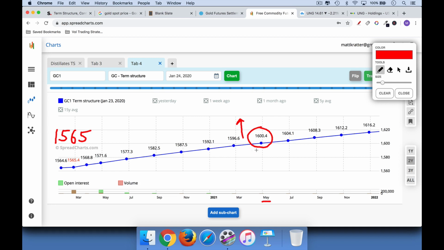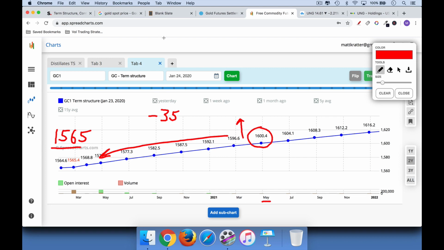Well, we basically buy the gold. Again, we're going long the futures contract here. We're not shorting it. We buy gold at 1600. And then when it gets close to expiration, we will roll down the curve. Gold will be trading around 1565 in May of 2021. And so being long gold, we will have lost the same amount of points. So 1600 minus 1565, we will have lost $35 on this trade. And so that can be one problem with Contango.